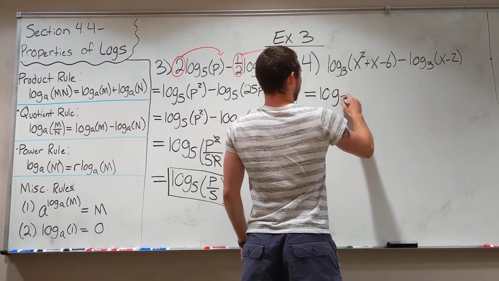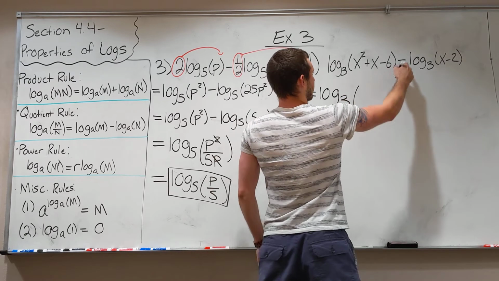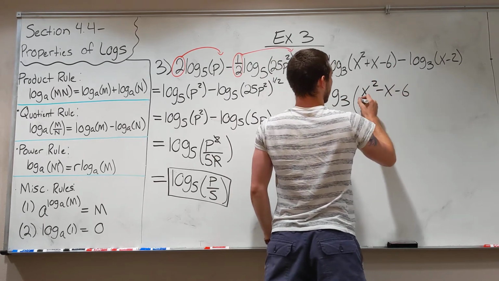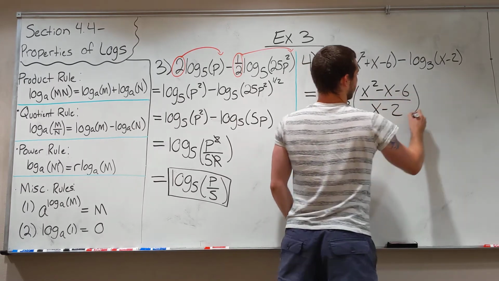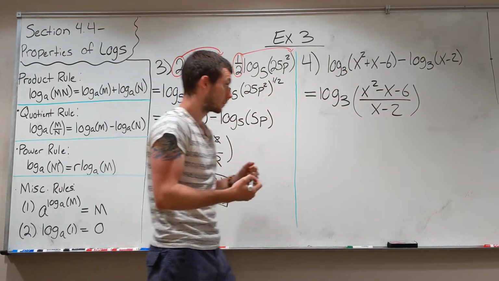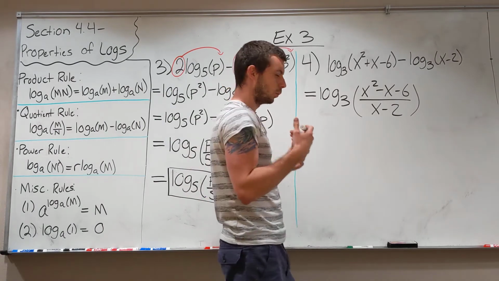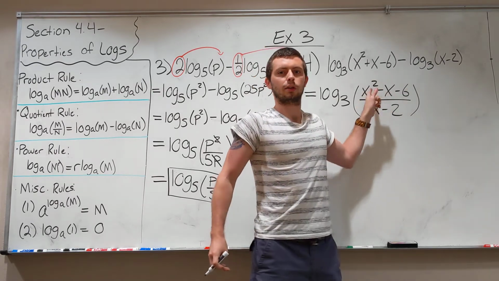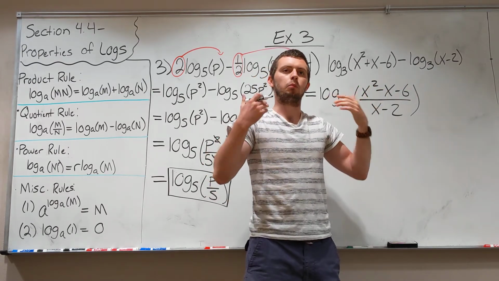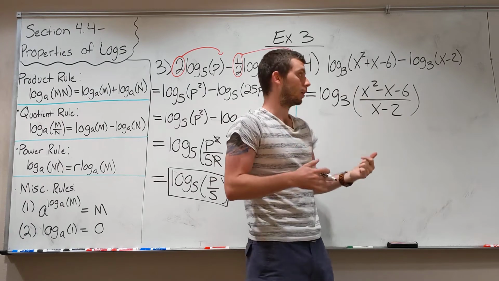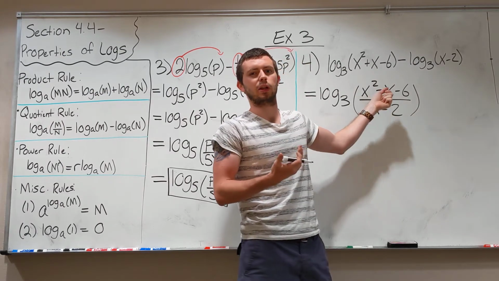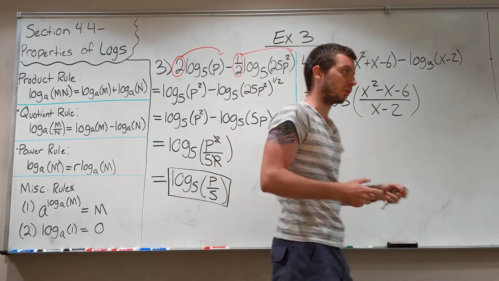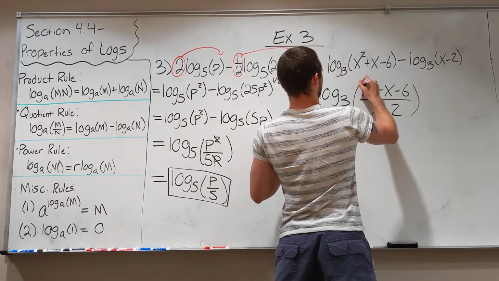So now we get a single log base 3. The minus sign tells us that the x squared plus x minus 6 goes in the numerator, and the x minus 2 stays in the denominator. Now this is not fully simplified. In fact, we saw a problem before where we ended up having more simplification behind the scenes, because whenever we see a quadratic, we think, well, how does it factor? So if we consider the factorization of this quadratic here,